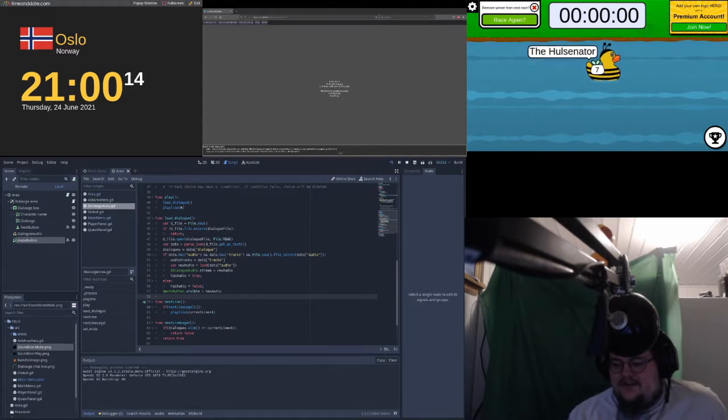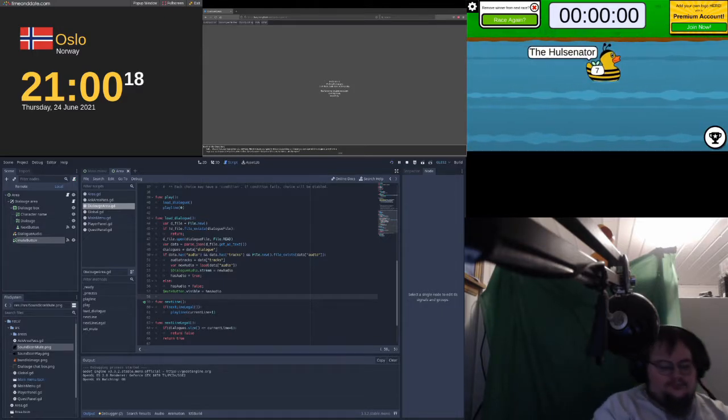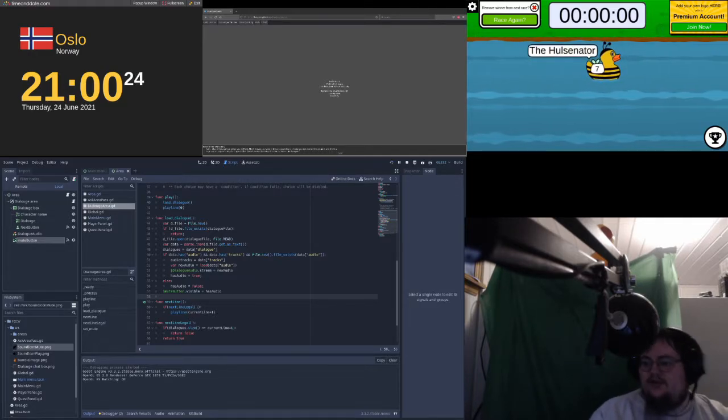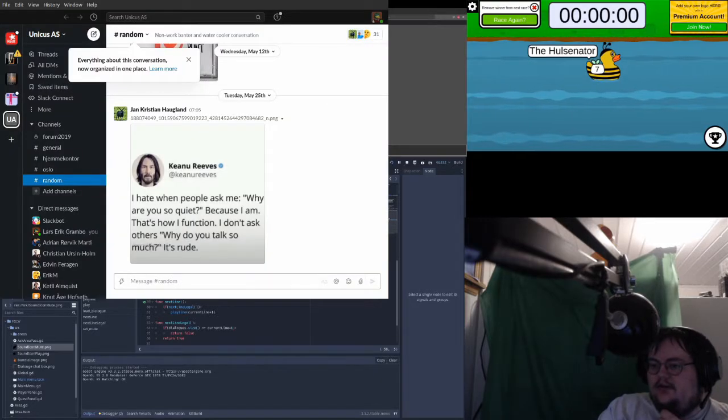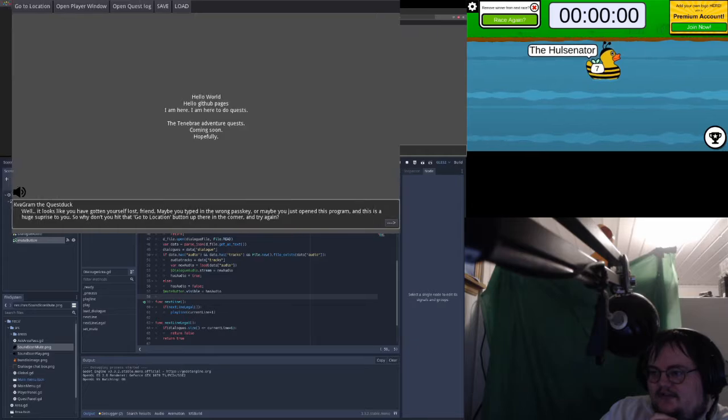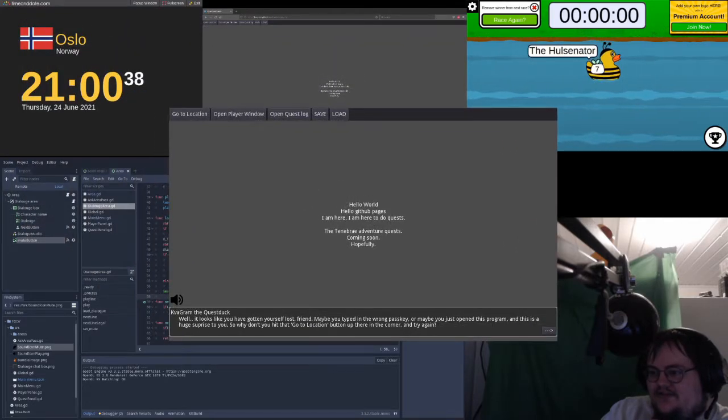Okay, if I just add another window capture, I should be able to add it. Oh, not that one. That's the one. Okay, I'll see if I can drag it into the middle of the screen.